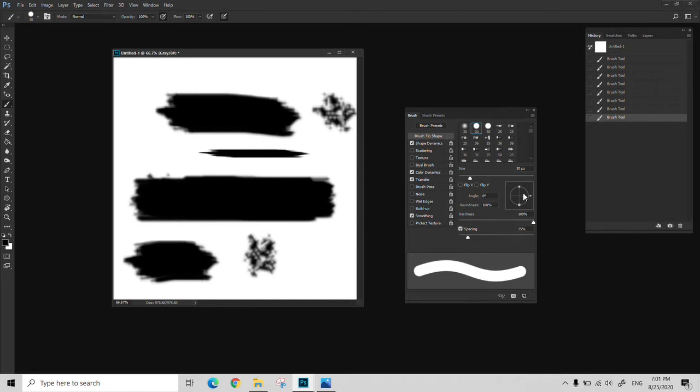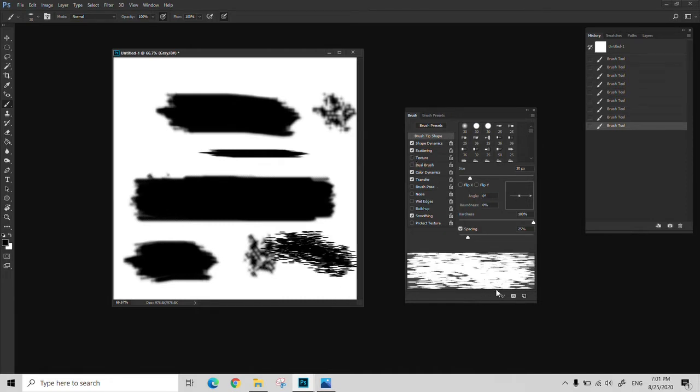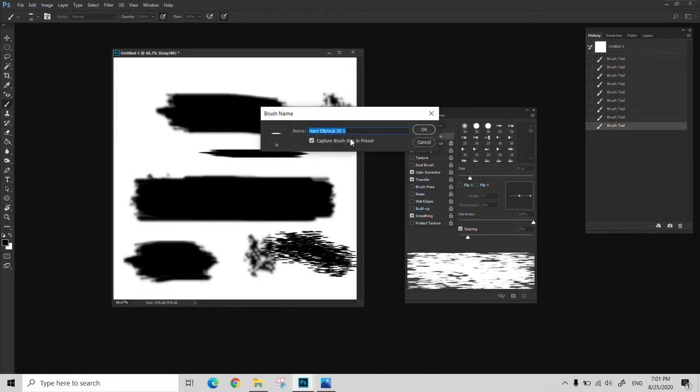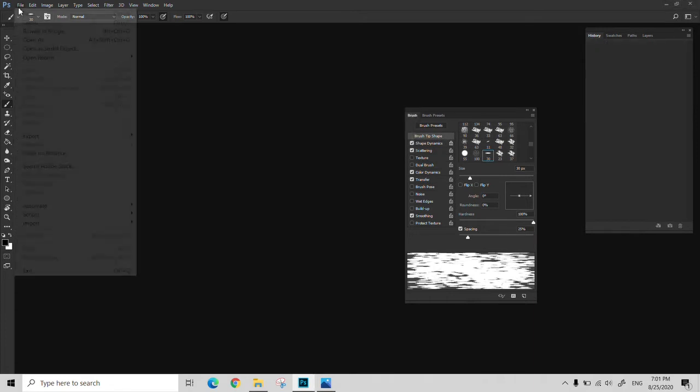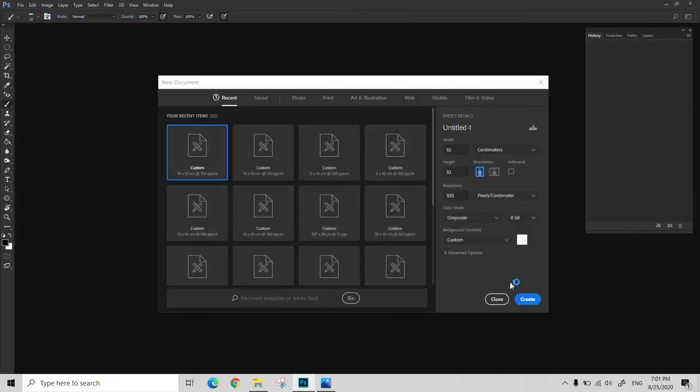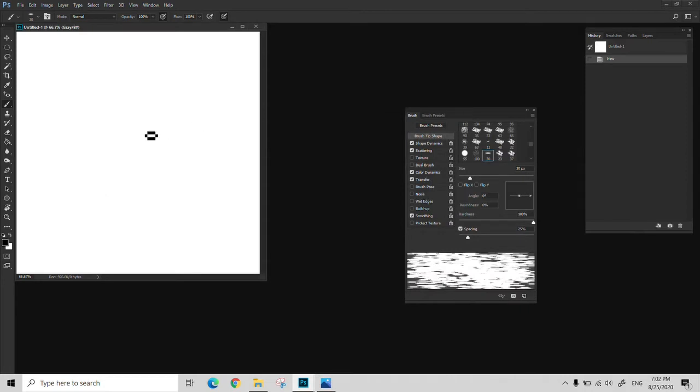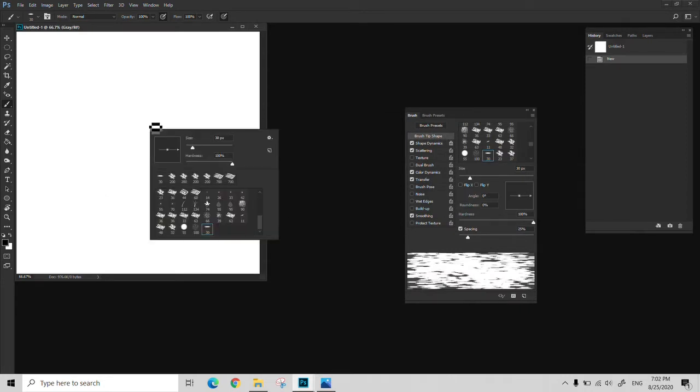If you make something, for example, hey, I like this kind of effect that I have, or I want to use that kind of brush, I just simply click here, and you can save your brush with a new name. For example, I call it New Brush, and if I close it and open another one, now whenever I right click, you can see this brush that you created